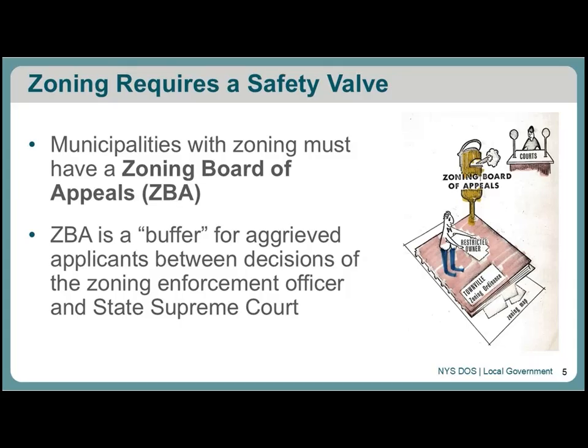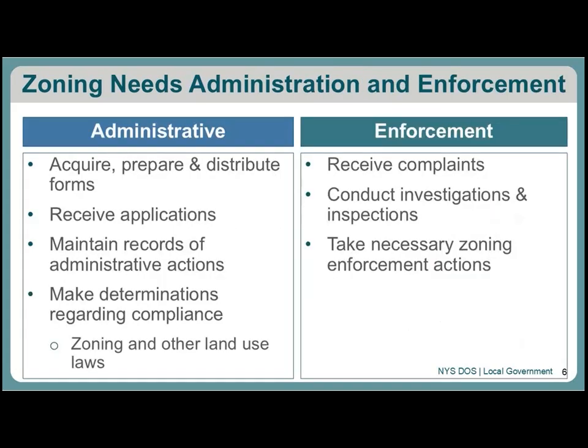And there's also a recognition that zoning isn't going to be perfect, and the desires of a community will change over time, and it can be difficult to keep zoning up to date with the fast-paced world that we live in. And so that provides an opportunity to seek relief if zoning does not allow for exactly what somebody is proposing. So hopefully, if you have zoning, you do have a Zoning Board of Appeals, as they will be that important in-between